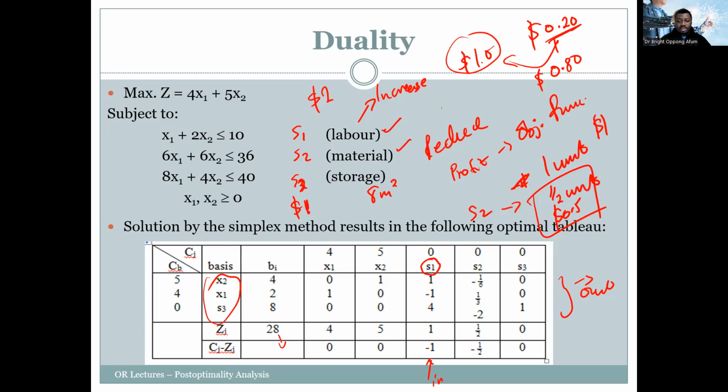So you can see that the $1 and the 50 cents, therefore, are the marginal values of labor and also